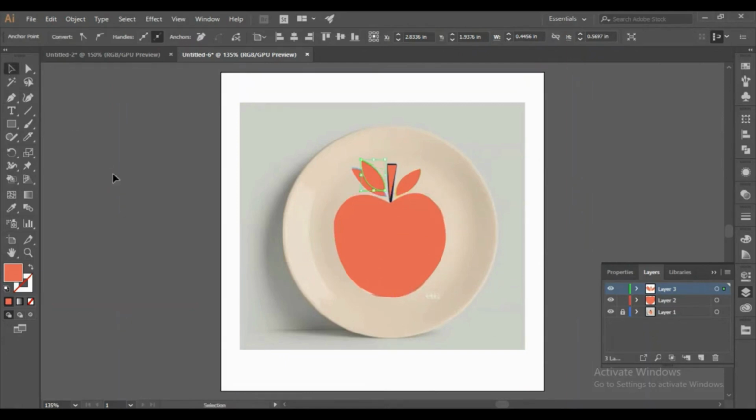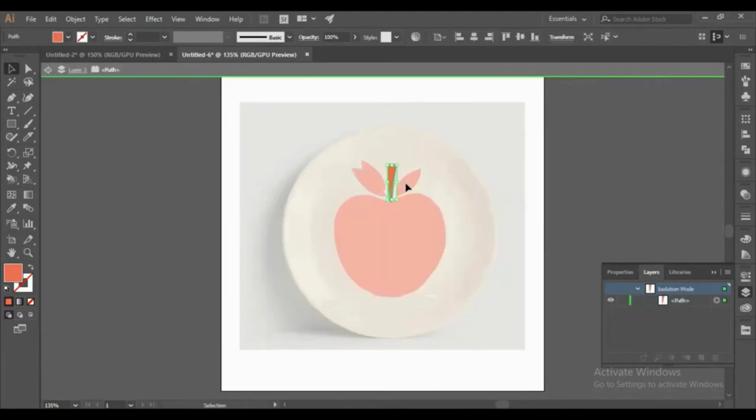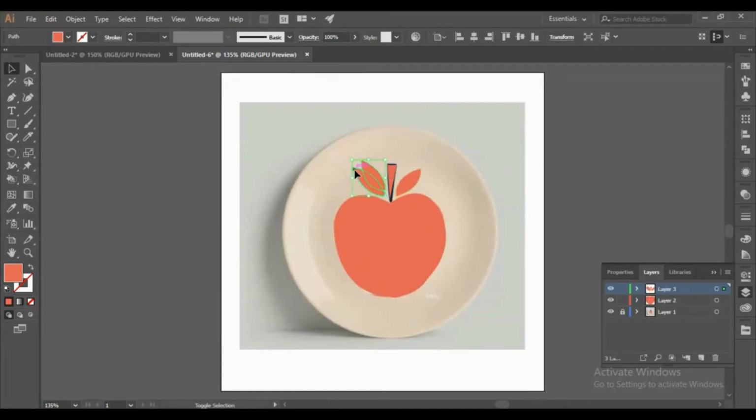Now I will fill these colors. I will select all of them and change it to none. Now I can fill the background colors. Select I. First of all, select this, select I and fill this color. Again go to V for the selection tool and select this shape. Select I and fill this color. Again V, select I,